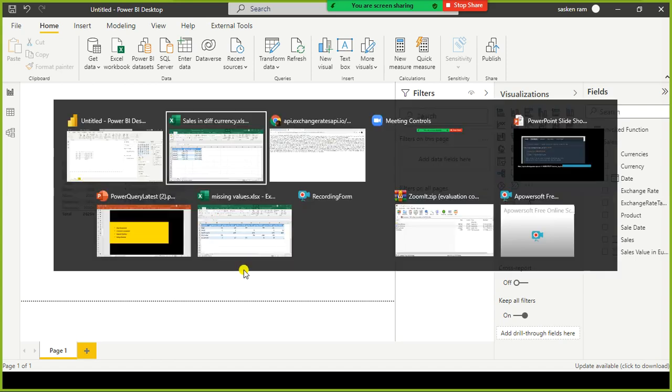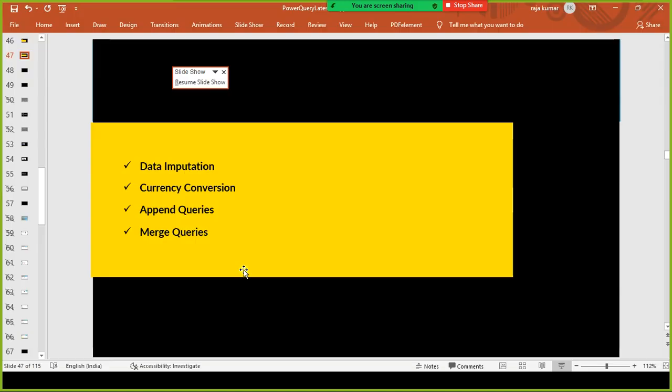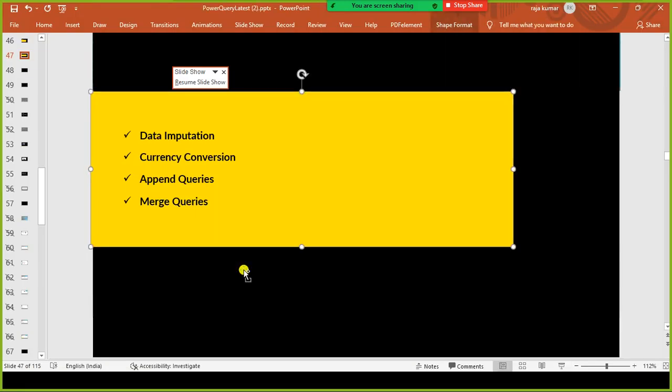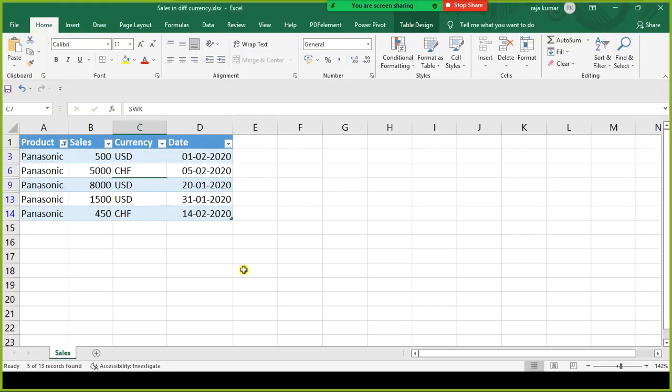So the next one is, we'll proceed with the next topic, appending the records. That's a very simple one. All of you are already familiar with the basic DBMS thing. What I will do is I'll just